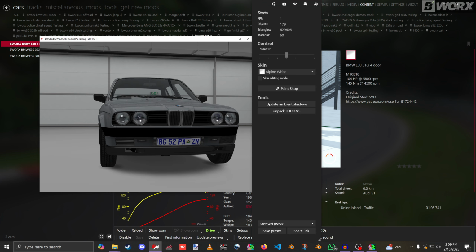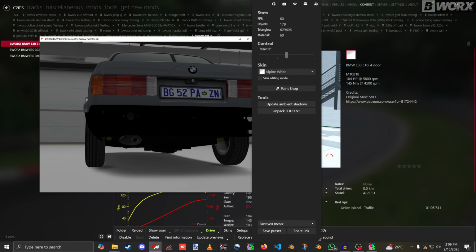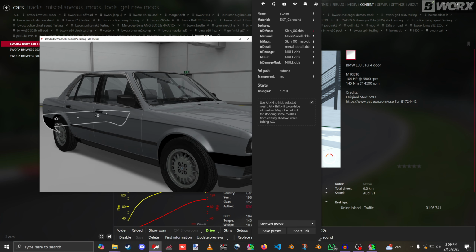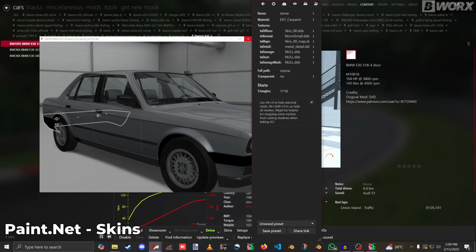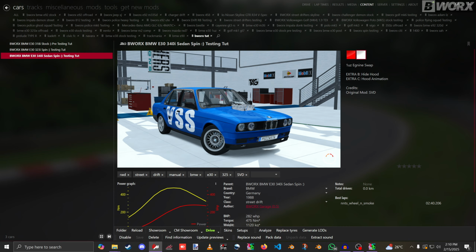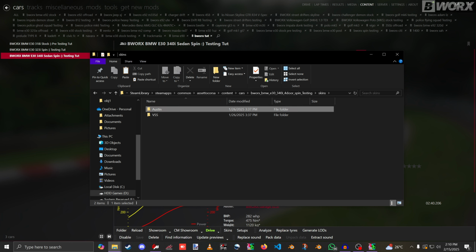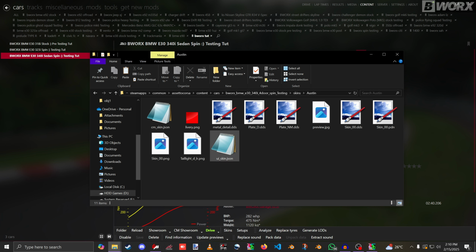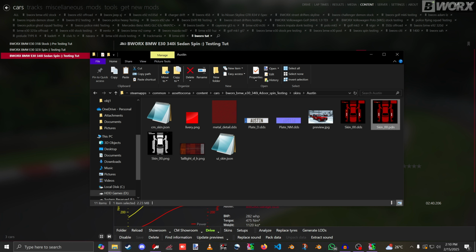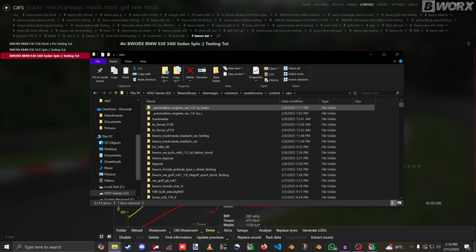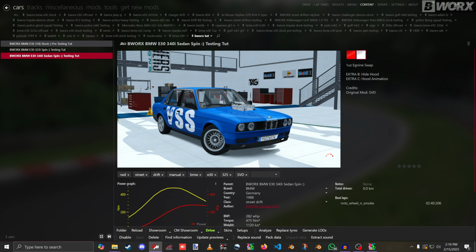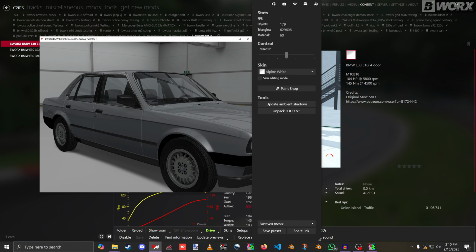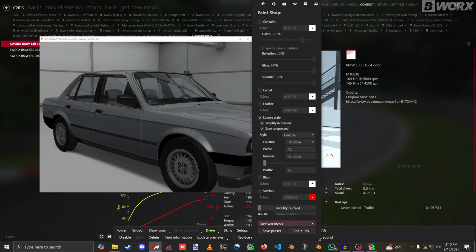So if I now go into showroom, you can see rear bumper's changed, front bumper's changed. Obviously the skin doesn't match now, so I would have to take one of the skins from here. So I'll just take one of the base skins. So if I go in here, I've created base skin, so I'll just go, it will be the 318, and I'll actually just create an extra one just because we're testing stuff. So I will call this, I'll just,